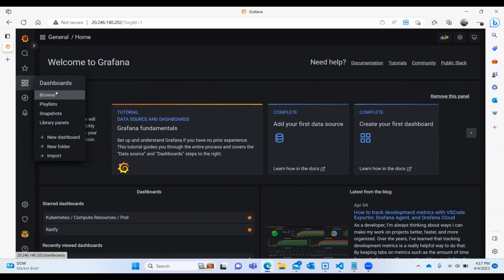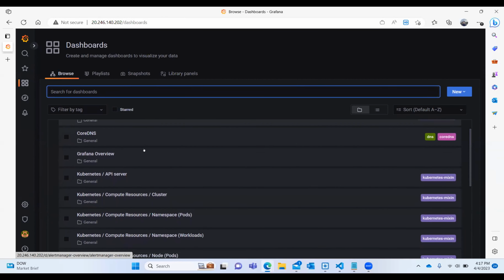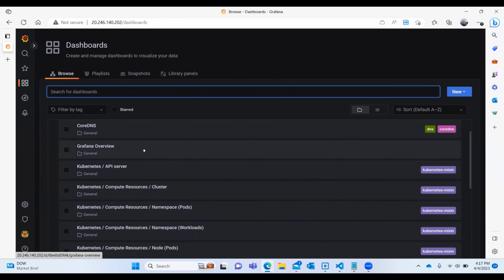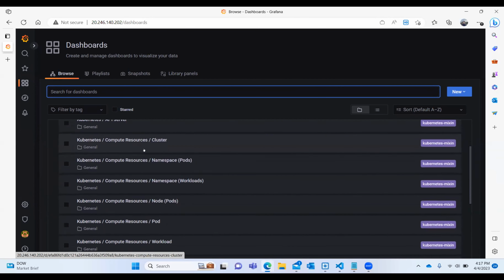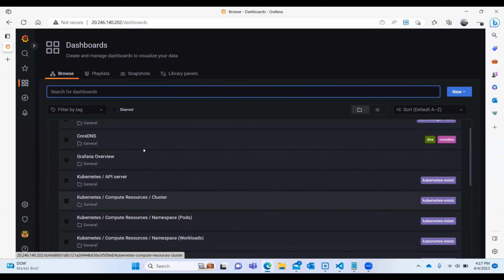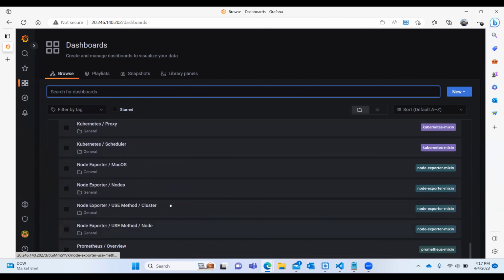So we will browse our dashboards that are configured. There are lots of built-in dashboards and different metrics that are emitted for the core Kubernetes, such as the API server, some of the compute resource stuff, DNS. But we're concerned with the,